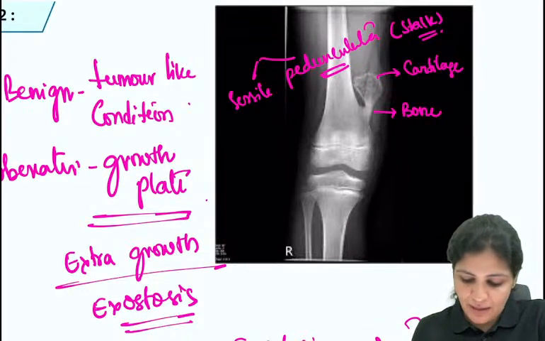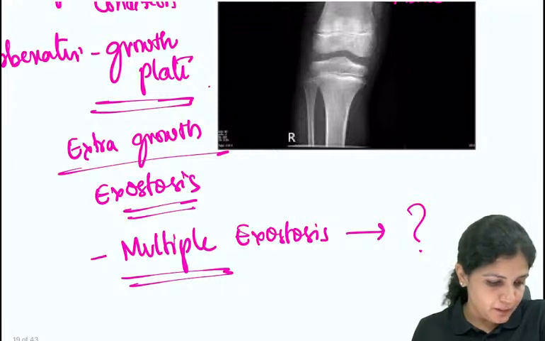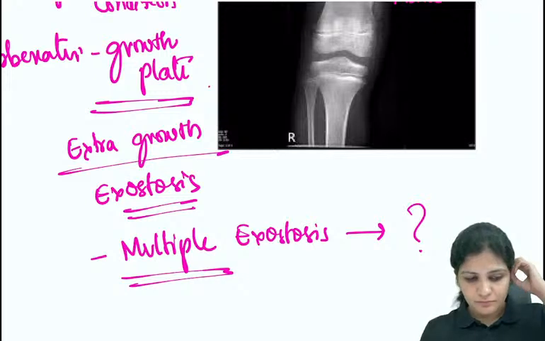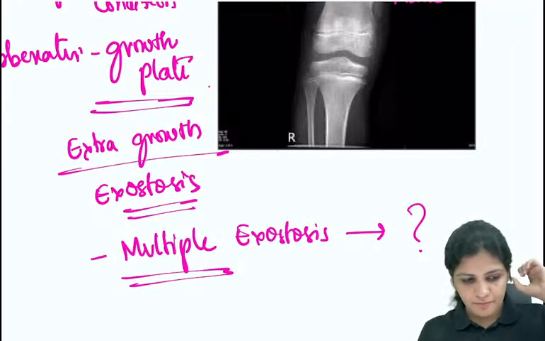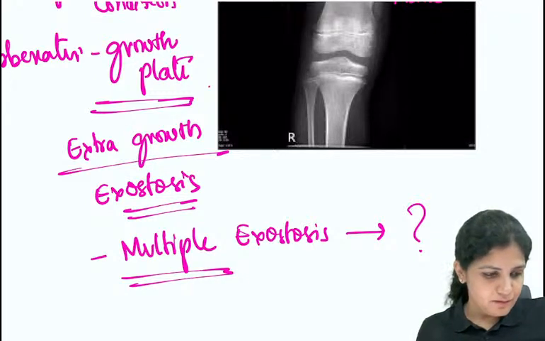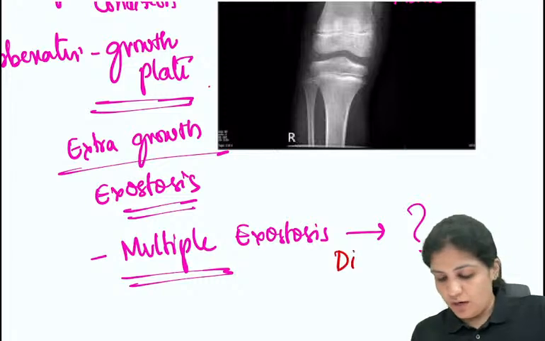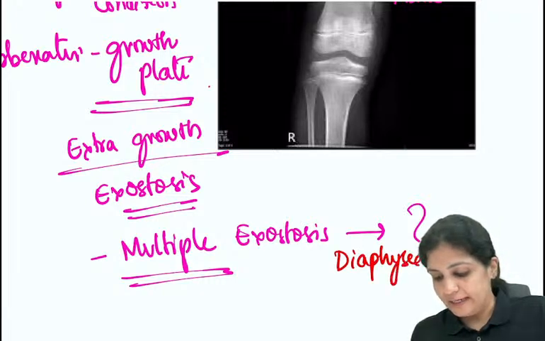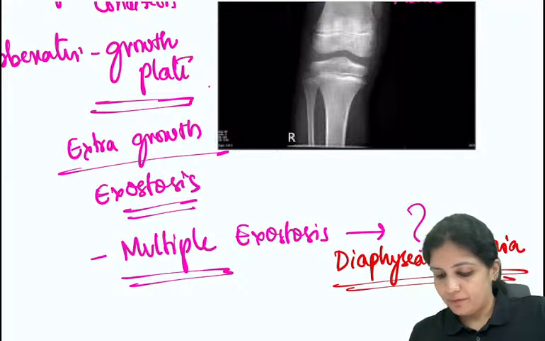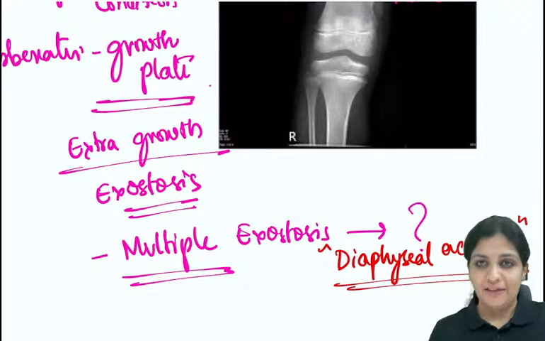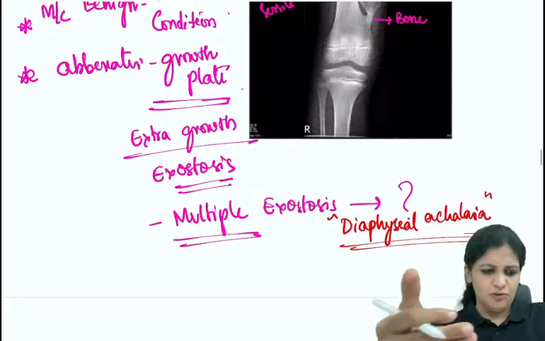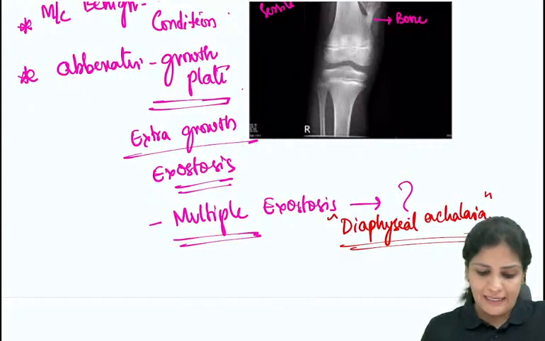So what is this multiple exostosis called? This multiple exostosis is called diaphyseal aclasis. Diaphyseal aclasis. So in the recent FMGE, what they have written just one week before you, there is a talus which was given,